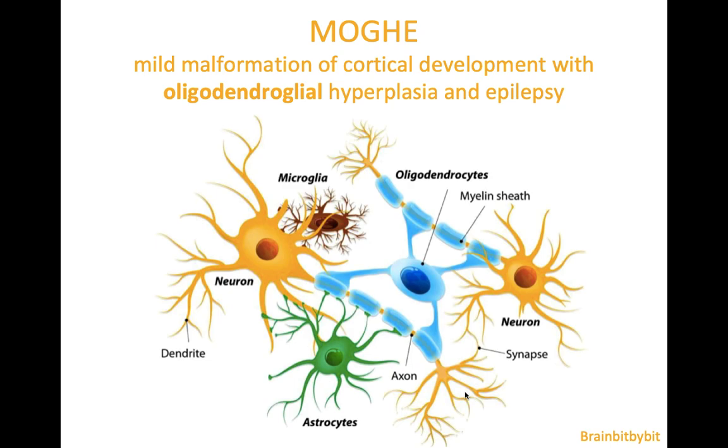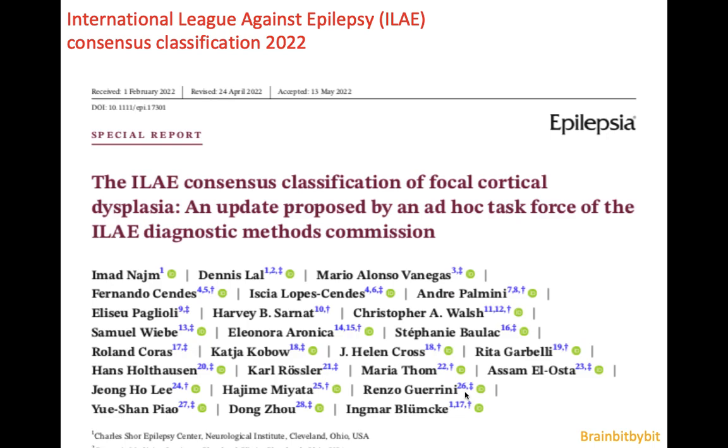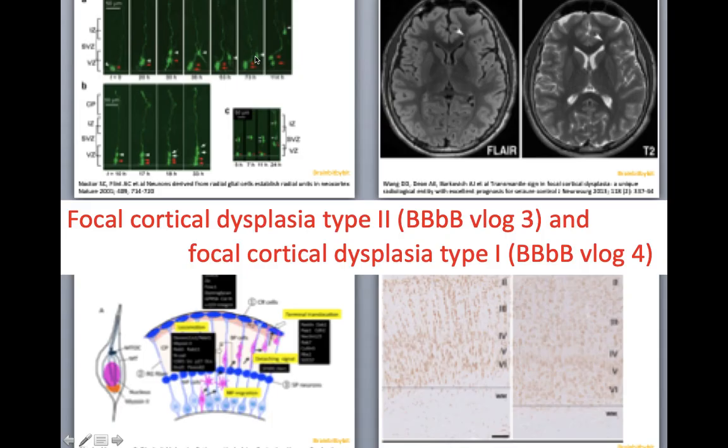In this brain bit by bit, I'm going to show images of a newly classified epileptogenic lesion with mainly white matter abnormality. And this entity is called MOGHE and was added to the classification from the International League Against Epilepsy last year. And I've already shown images of focal cortical dysplasia type 2 and focal cortical dysplasia type 1 in